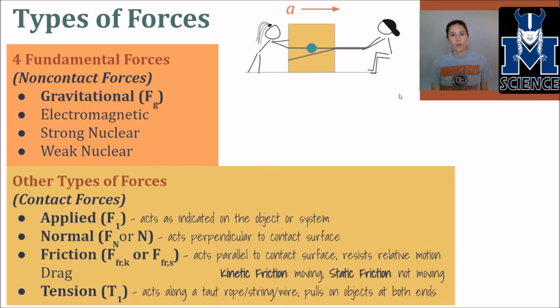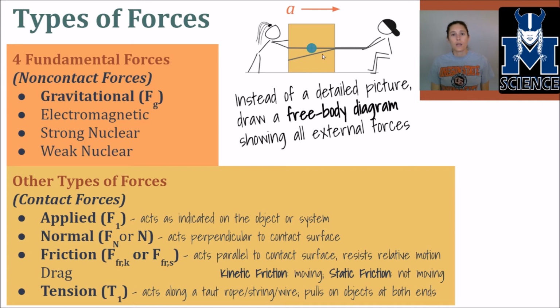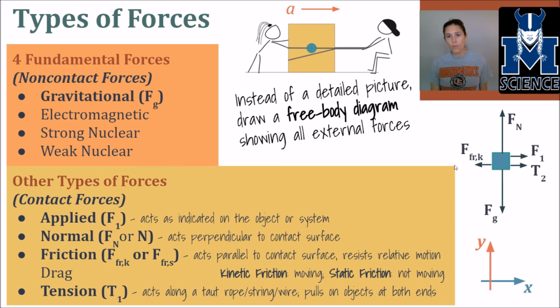So let's talk about how we model forces. In this example, we previously just drew the arrows on the box, but instead of drawing a detailed picture, we have something called free body diagrams that are a simplified picture of what's going on that shows the object and the forces acting on the object. To draw this box with a free body diagram, we will model the center of mass of that box, either with a circle or a square,